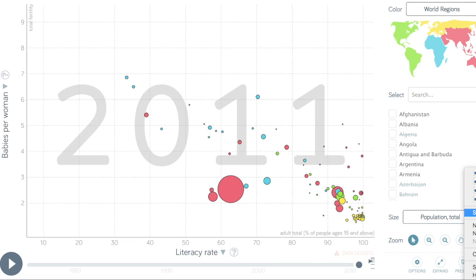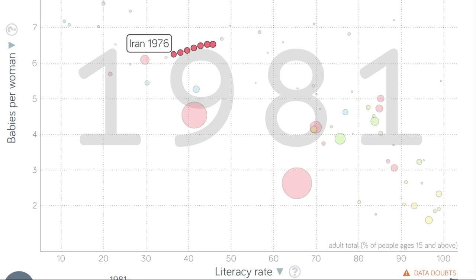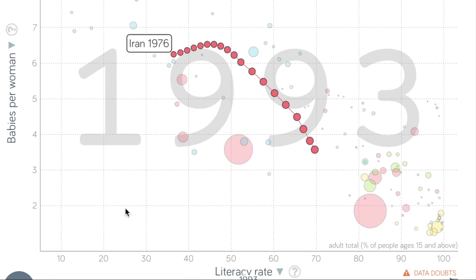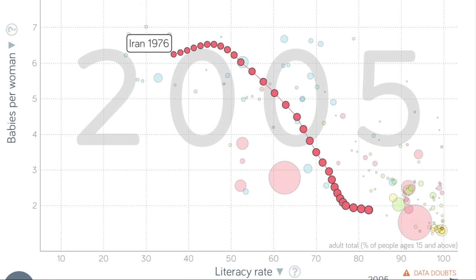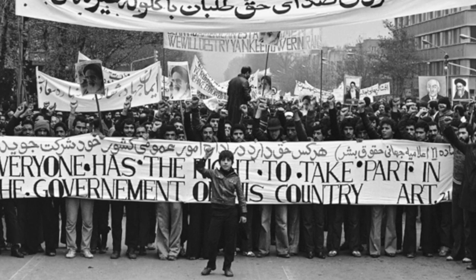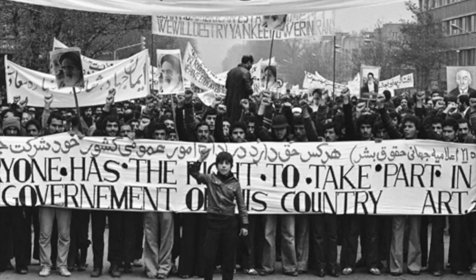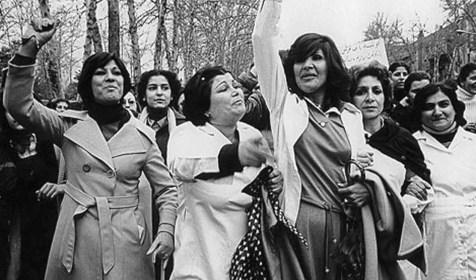One country that we found stuck to this trend very well was Iran. In 1980, Iran appears to have had an average of a little bit over 6.5 babies per woman, a statistic which fell to under 2 around 20 years later. When we noticed how fast Iran's fertility rate declined, we decided to research Iran and noticed that the Iranian Revolution in 1980 and the Iran-Iraq War, which was from 1980 to 1988, both contributed to this fall in fertility rate.